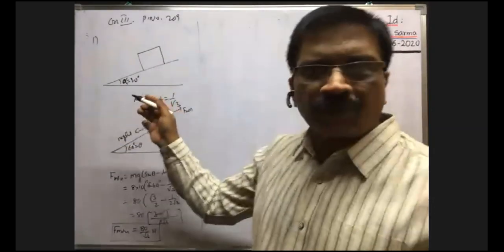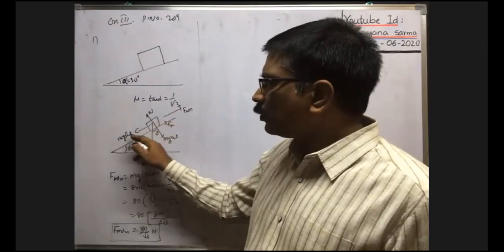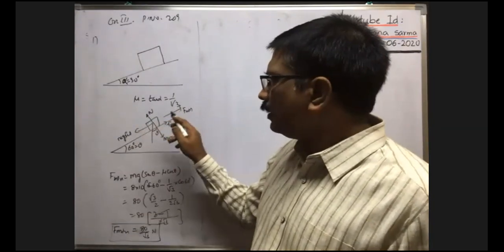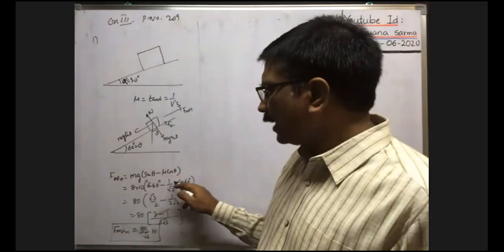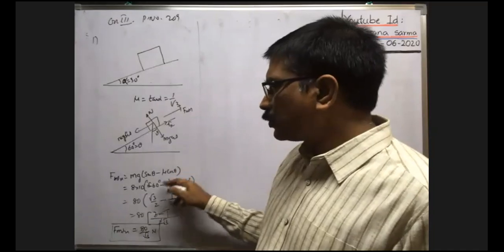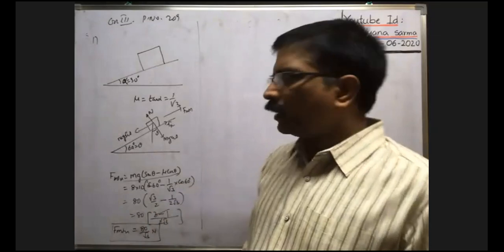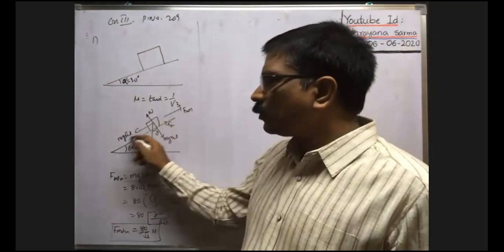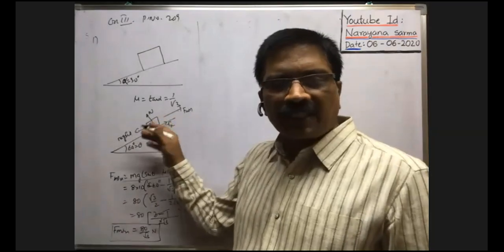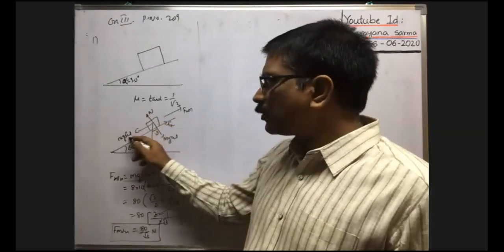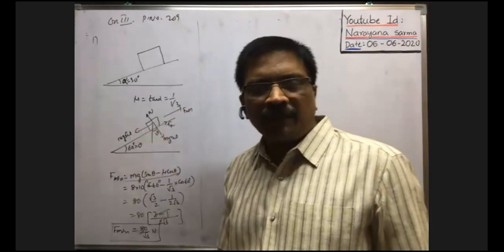Already I said, F minimum means whenever the body is sliding, the net force acting on the block in the downwards direction is equal to mg sin theta minus Fk. Fk means mu into normal reaction, so mu into mg cos theta. So mg we take common. Already I said yesterday in the class, you see. This is the net force acting on the block in the downwards direction. So the minimum force needed to prevent the slipping is equal to the net force in the downwards direction. That amount of force must be applied on the block upwards to prevent the slipping. Okay, minimum force they ask.